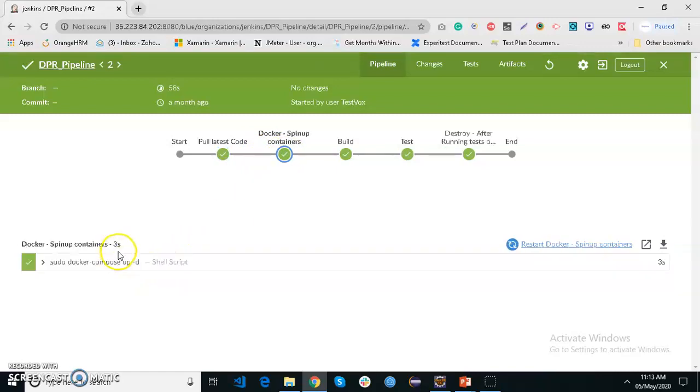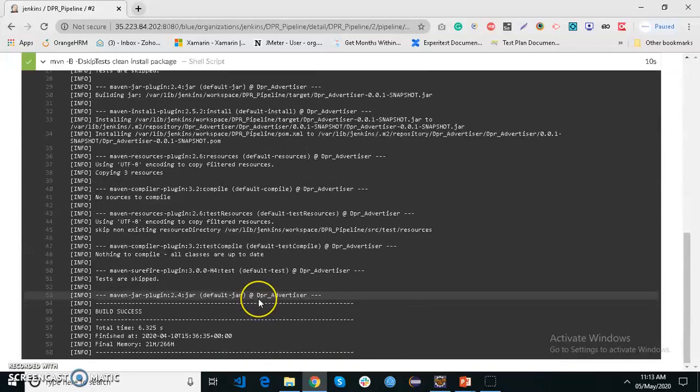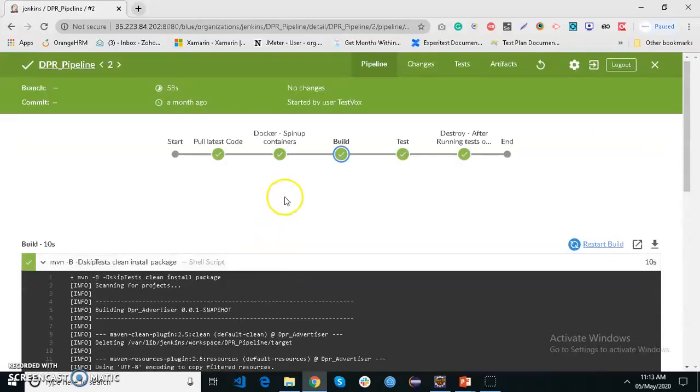Okay. Then in the build step, it specifies the pom.xml file. If the build is successful, the next stage is activated. The next stage, test, is activated.